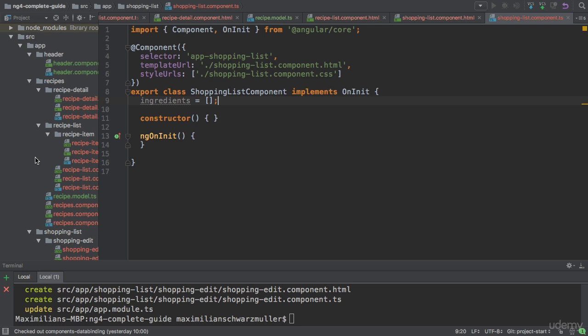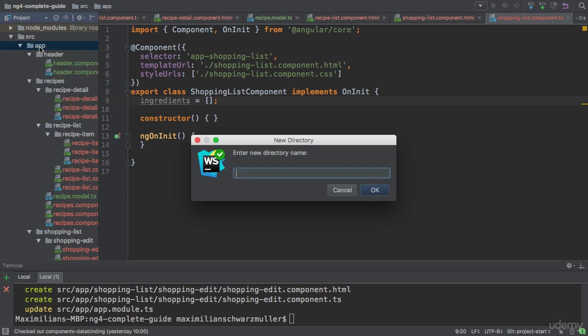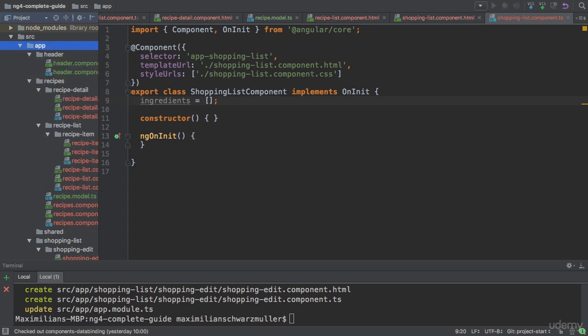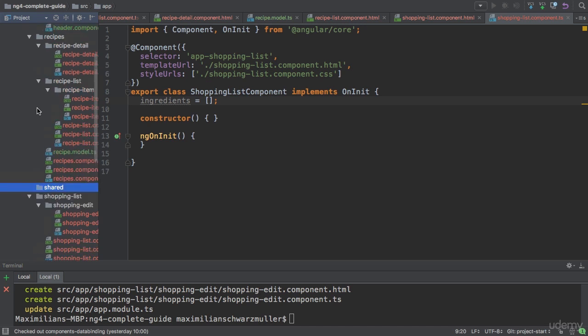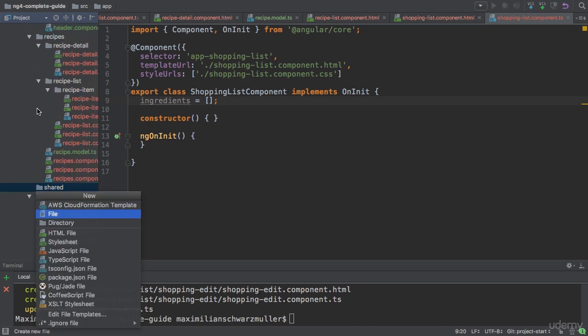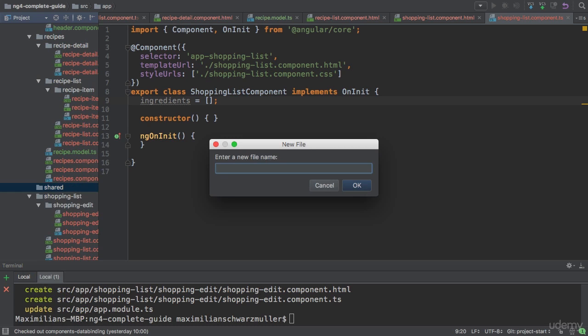Well, I believe it belongs in a new folder, the shared folder, which I'm going to create in the app folder. Shared is a fitting name for this folder because it will contain features or elements of our app which are shared across different features, like the ingredient, which we're going to use both in the shopping list and the recipes section. So here I'll create a new file, and this file will be named